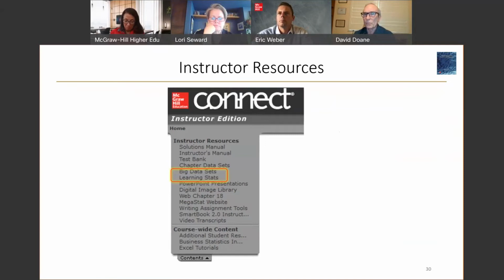And of course, we have SmartBook, and some instructors may be using Megastat. There are tutorials, all kinds of stuff. I want to focus on two items, which we believe may be overlooked by some instructors. So if we have time, I'll talk about big data sets, but I want to focus mainly on LearningStats. So if we look at the next slide,